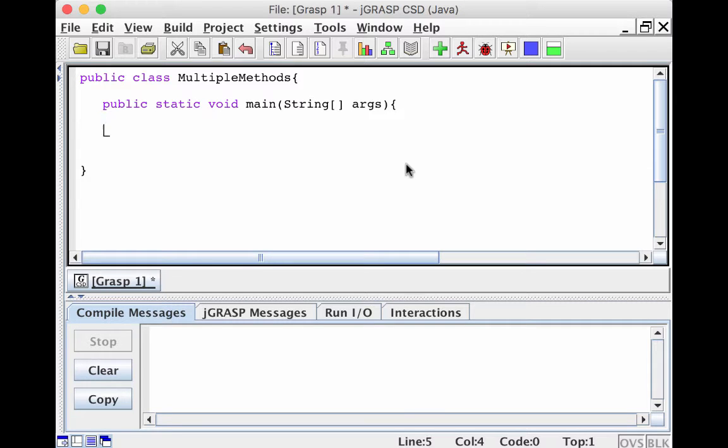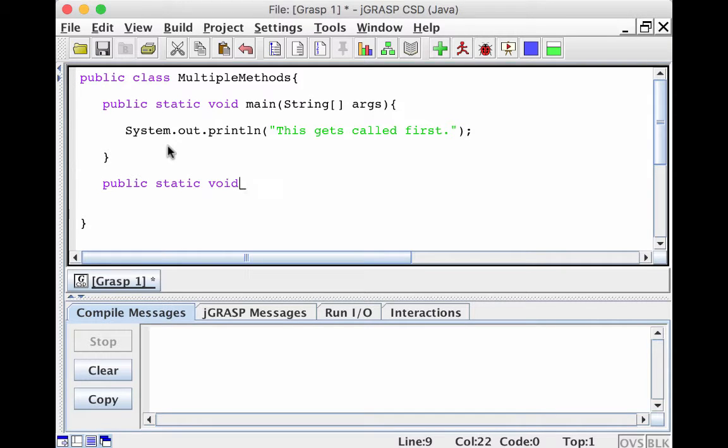Now, what does it really mean? You see, the Java virtual machine calls main. System.out.println gets called first. We've called other methods. In fact, println is actually a method inside System.out. So we can do things like this. Public static void printMe. And inside that, I can say System.out.println("printMe